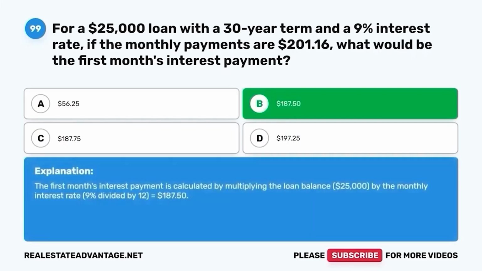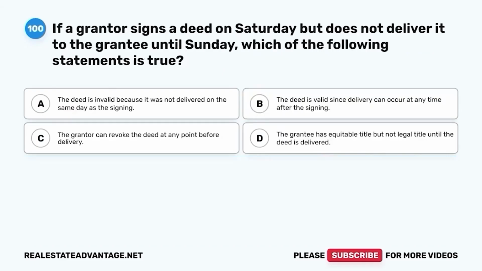$187.50. The first month's interest payment is calculated by multiplying the loan balance, $25,000, by the monthly interest rate, 9% divided by 12, which equals $187.50. Question 100. If a grantor signs a deed on Saturday but does not deliver it to the grantee until